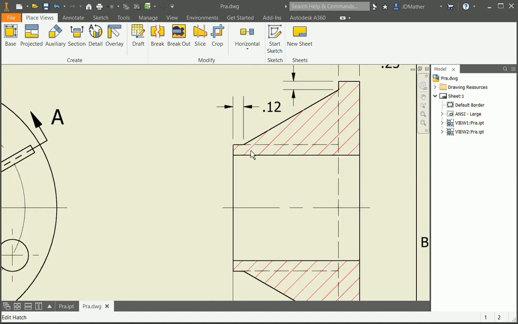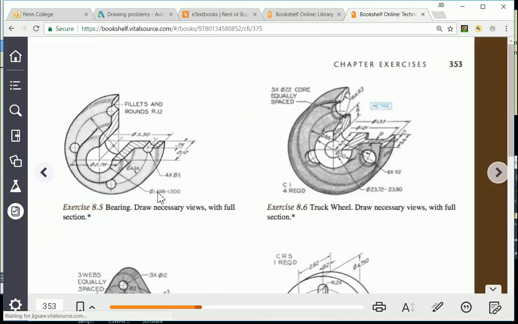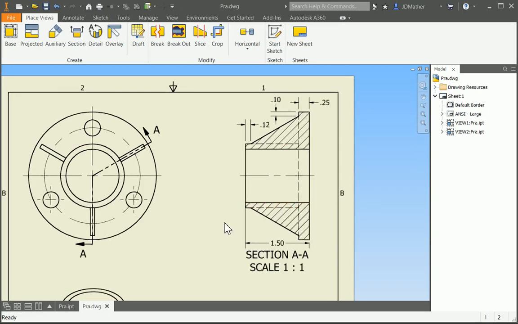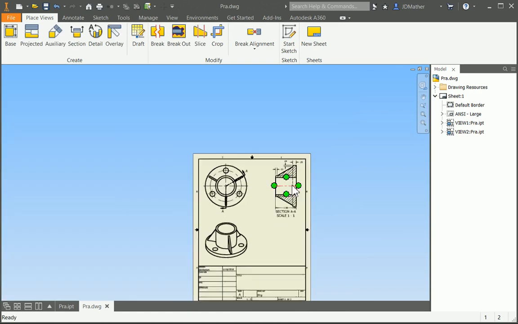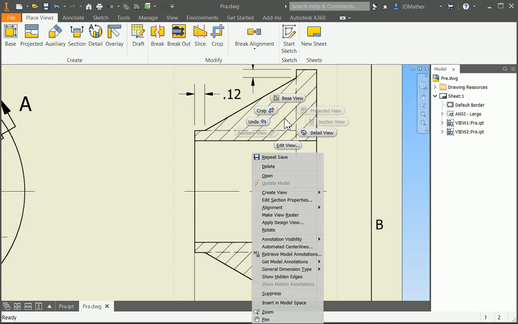Now, the hatch is not correct. Also, in section views you normally don't display the hidden lines, except in rare cases, and again, that is covered in the Giesecke book, when you would show any hidden lines in a section view. So I'm going to right click, and let's zoom in on this so we can see it better. I'm going to right click and hide this